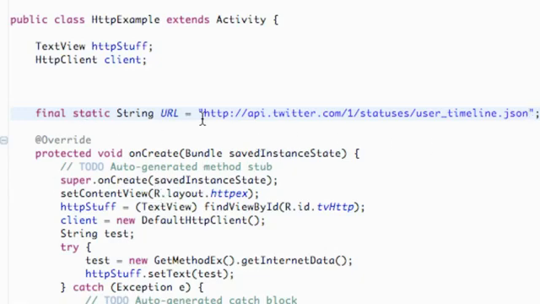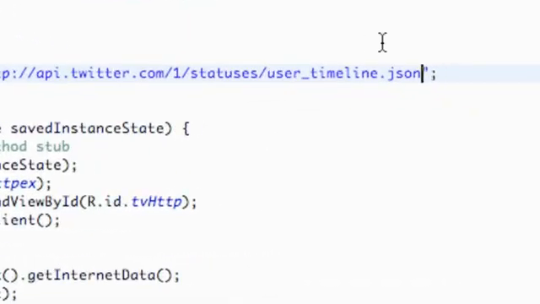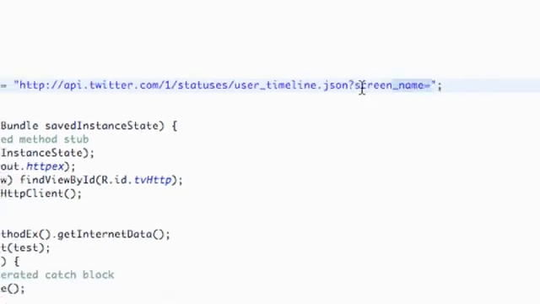Hopefully you will understand a little bit more about what we're doing. The first thing that we're going to do is add to this URL, because before I just wanted to show you it was a JSON type URL. What we're going to add to it is a question mark, screen underscore name equals, and for example, we're going to just copy this